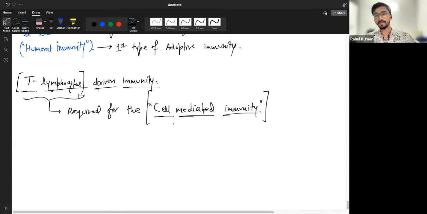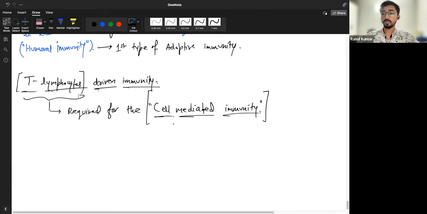Now, coming to the point, we know about immunity now, both innate and acquired. Now, there are two types by which immunity is formed in the body. One is called active immunity and one is called passive immunity. You must have heard of these terms, right? Active and passive. Have you heard of these terms? I'm sure. Active immunity, passive immunity.